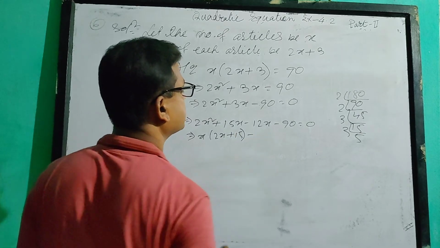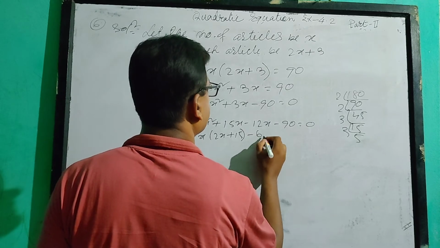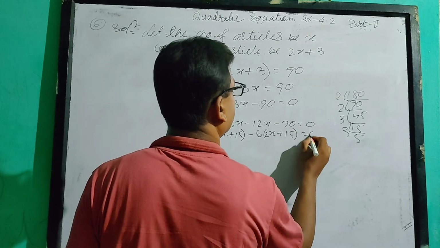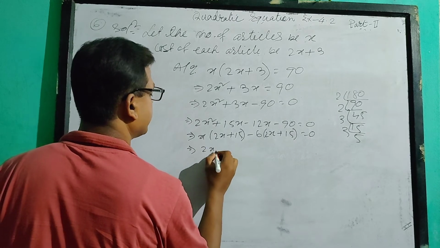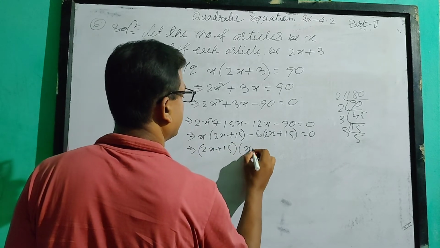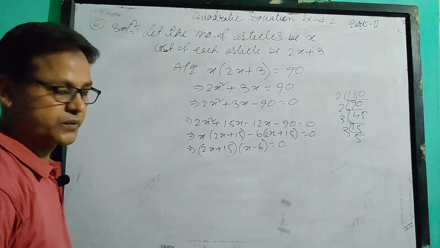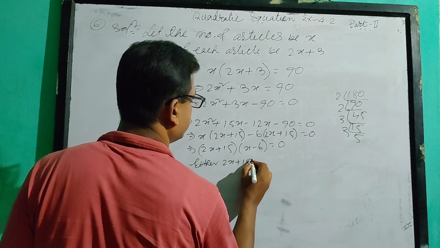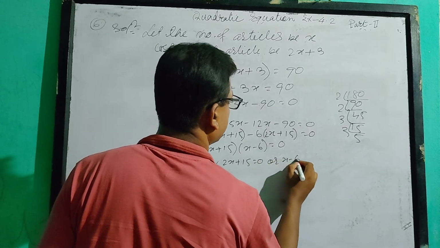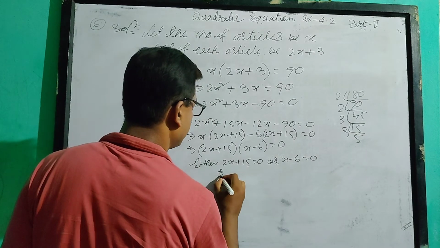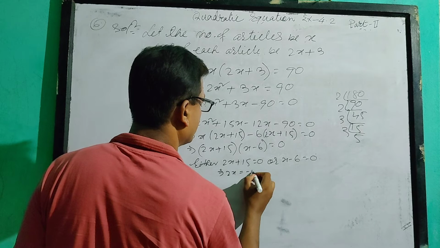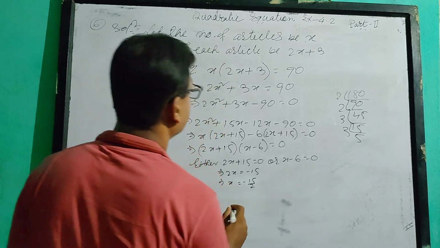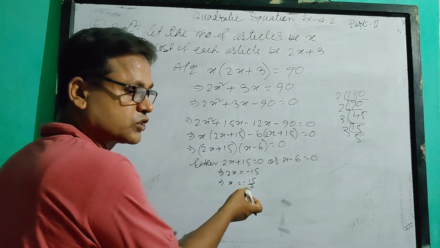क्या कॉमन आएगा, सिर्फ x आएगा, तो ये ट्वाइस x प्लस 15 माइनस क्या कॉमन आ जाएगा, ये 6 आएगा, तो ट्वाइस x प्लस ये 15 रहेगा, मतलब twice x plus 15 then x minus 6 is equal 0। ये रहा either twice x plus 15 is equal to 0 or x minus 6 is equal to 0। From here twice x is equal to minus 15, then x is equal to minus 15/2।